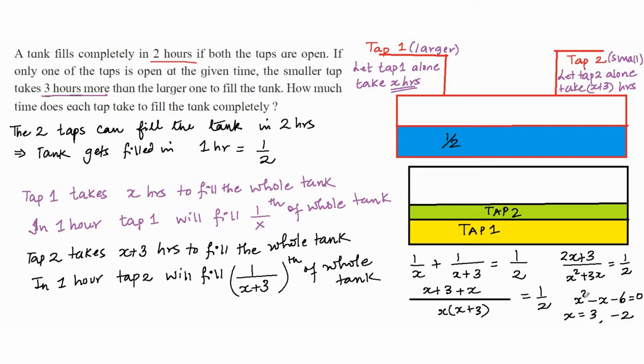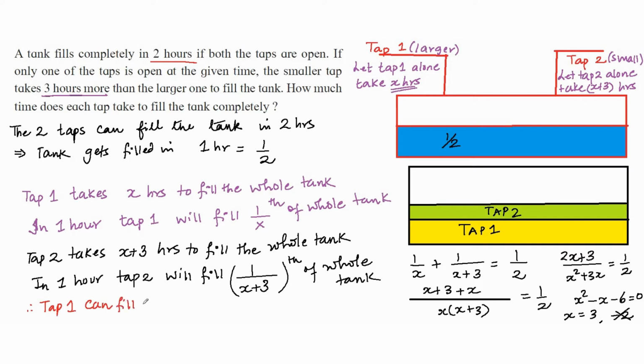So you know how to solve a quadratic equation. The value of x is going to be 3. Negative 2 will be discarded because time cannot be negative. And that is why we get the value of x as 3, which means that tap 1,